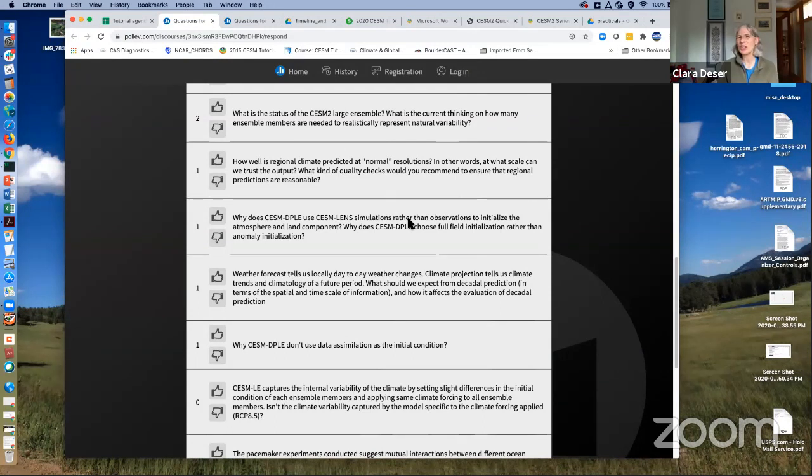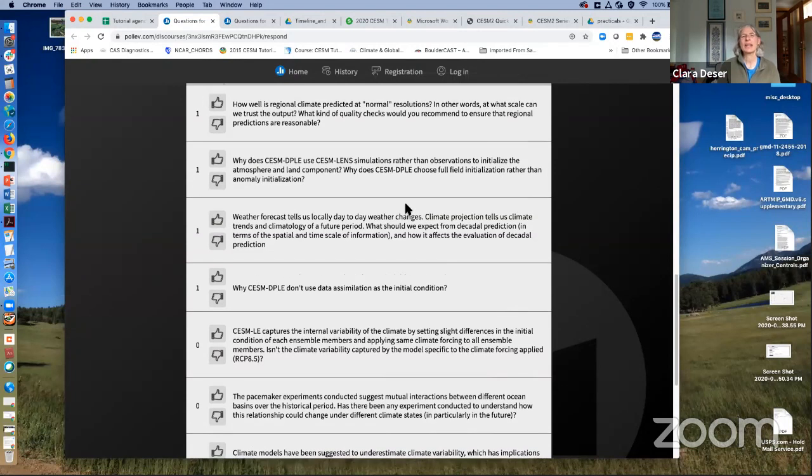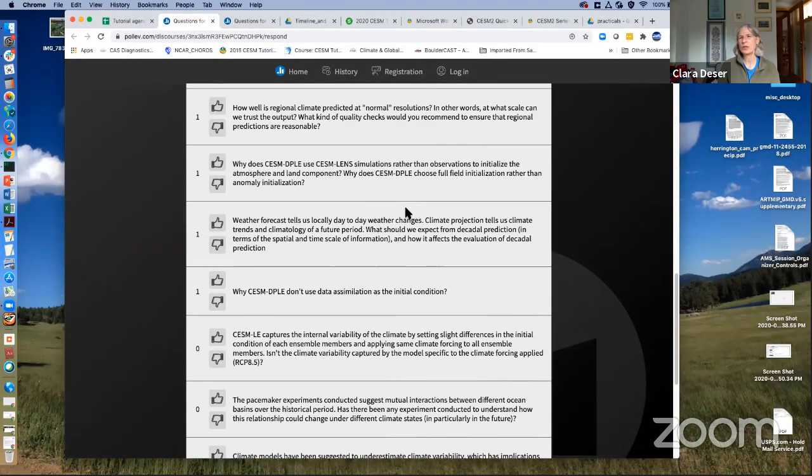I'm happy to have this question and happy to be able to report to everybody. So the CESM2 large ensemble is more than halfway complete. When it's completed by the end of 2020, it will have 100 members from 1850 to 2100. We have a website where you can find the details of how it was initialized, and we're doing it differently from how we initialized the CESM1 large ensemble. You can get to that webpage through the CESM project, or I have a link on my website.